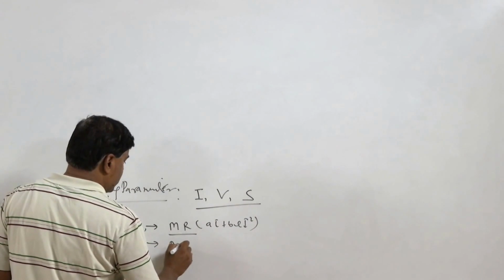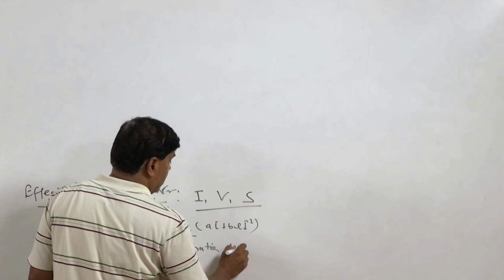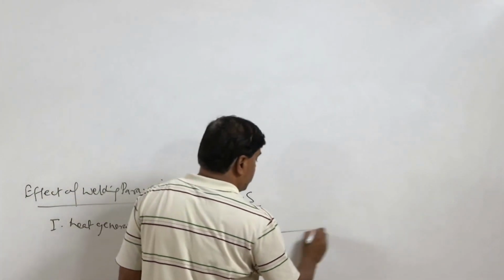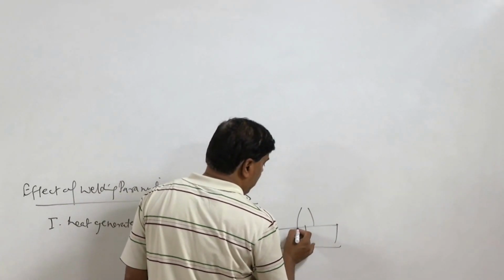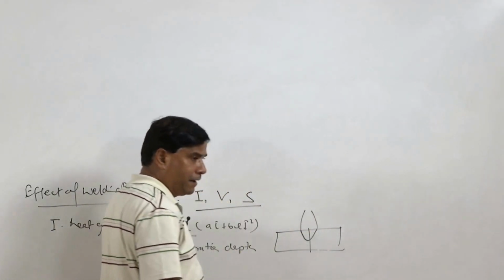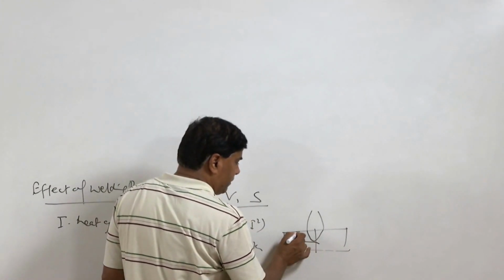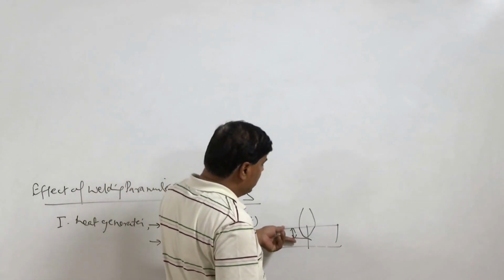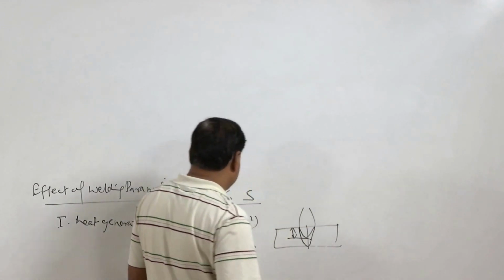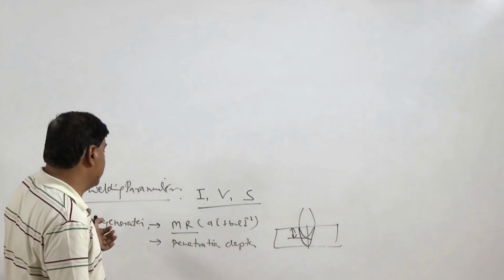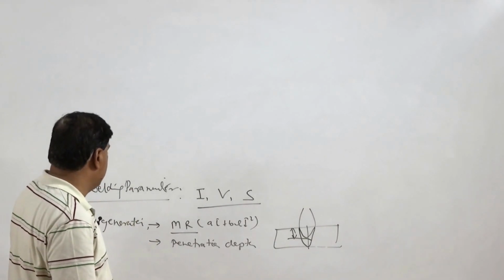Second, it affects the penetration depth in the base metal. Penetration depth is the depth up to which, like say these are the plates, you just apply the arc, so how deep the melting is taking place determines the depth of penetration. In this case it may be partial penetration, or it may be through thickness penetration. So, depending upon the welding current, we may penetrate through the thickness or it may be a partial penetration.